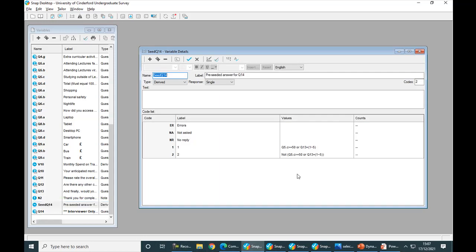So as I said, for question 5C, the quantity response question, if the figure typed in there is 50 or more, so greater or equal to 50, or if question 13, the tick box question, is one of the more negative options, this derived variable will produce a number 1. And if it's not one of those options, so just making use of the word not, it will produce a number 2. If I close that down and go back into the questionnaire and look at question 14,